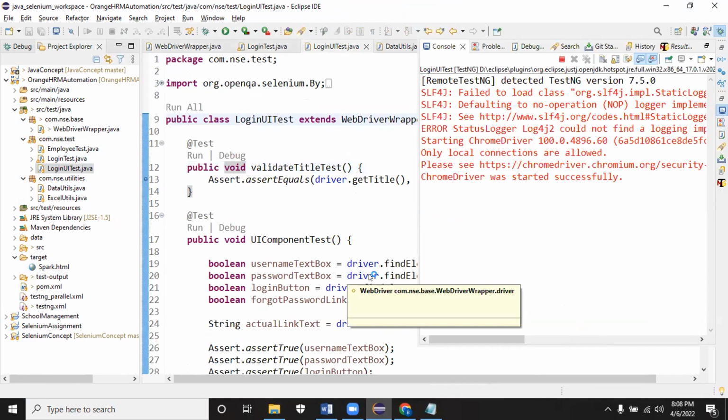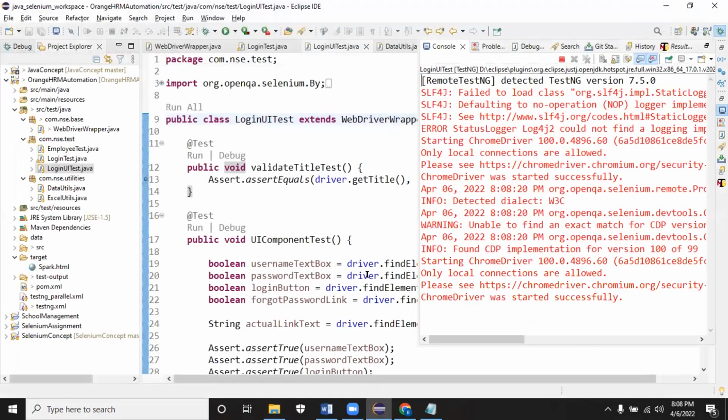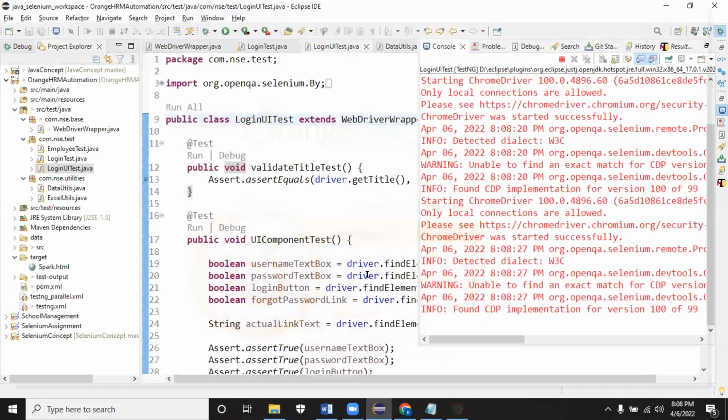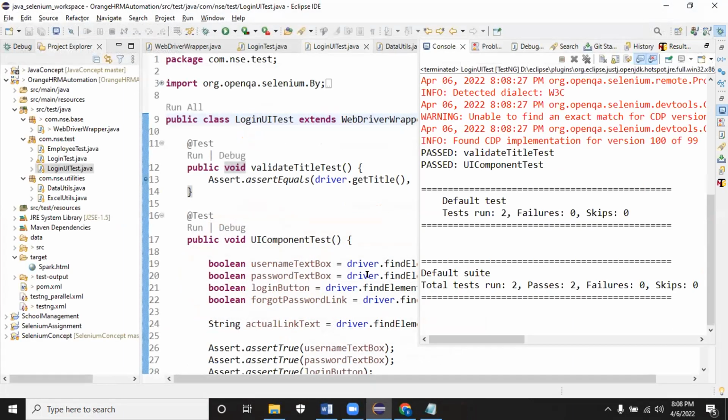Everything will be logged as passed. We have to add a few if conditions in the after method. Then the extent report is done. Adding extent report and all, it's not a big concept. You just need to understand the framework flow. Then you can easily add the extent report.